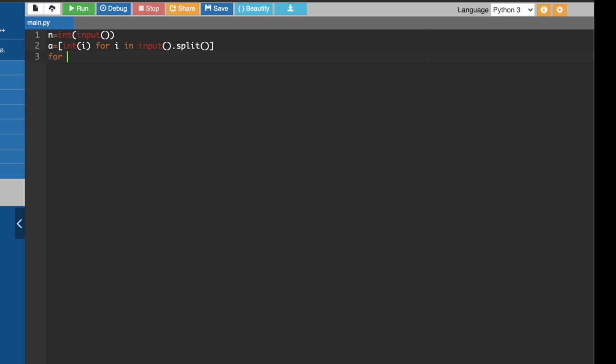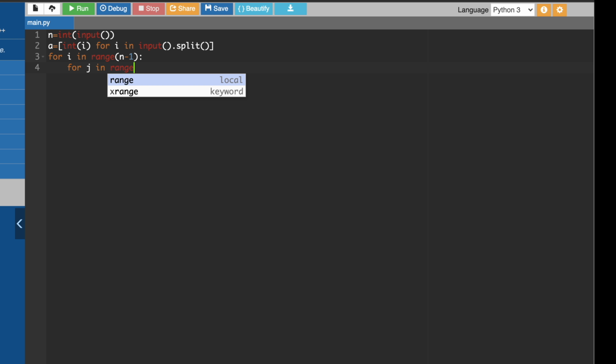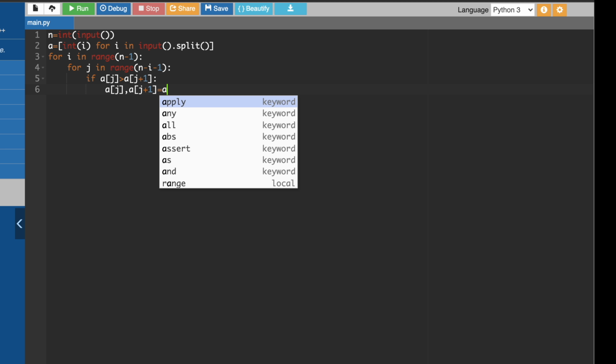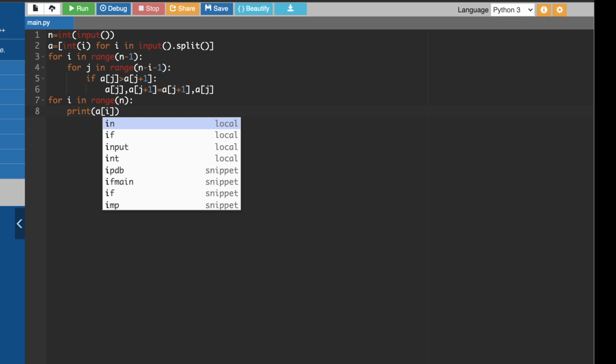And now our algorithm part starts from here. In the first loop, i in range of n minus 1, and in the nested loop, j in range of n minus i minus 1, and check if a[j] is greater than a[j+1], then swap the elements. And now the next loop starts, i in range of n, and now print all the elements in a single line,